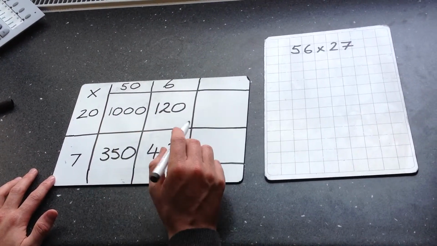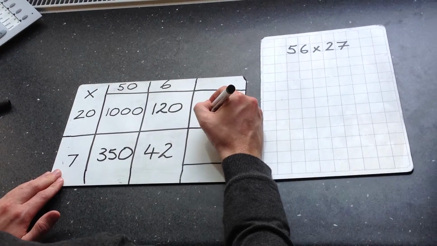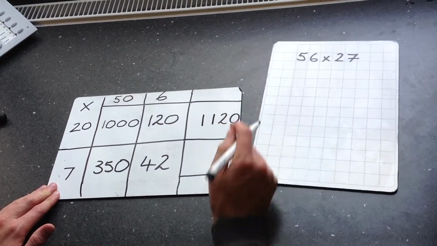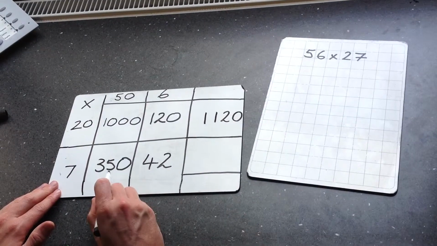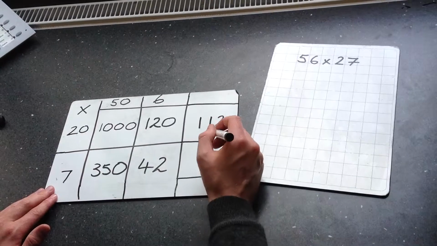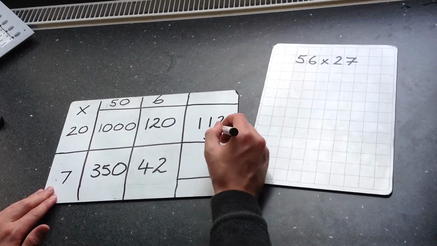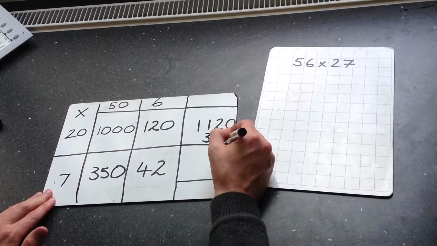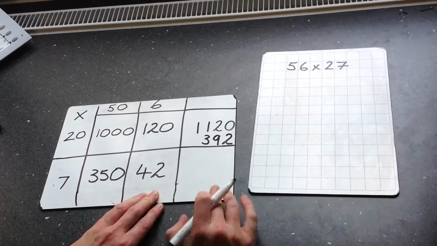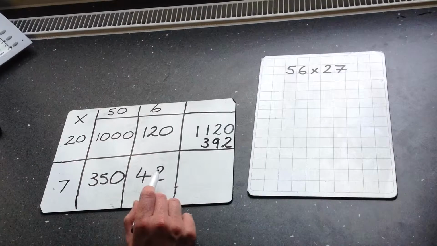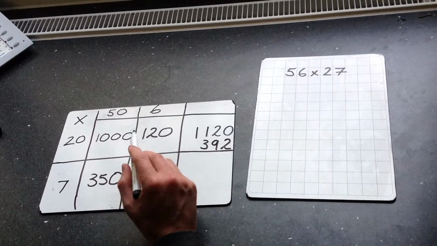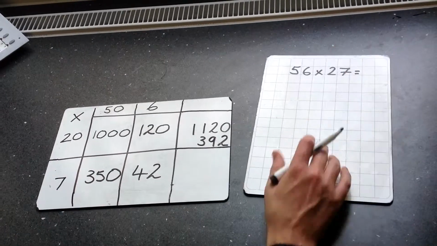1000 add 120 is 1120. 350 add 42 is 392. Now I've found a total for both different rows, I'm going to add those up to find a whole total